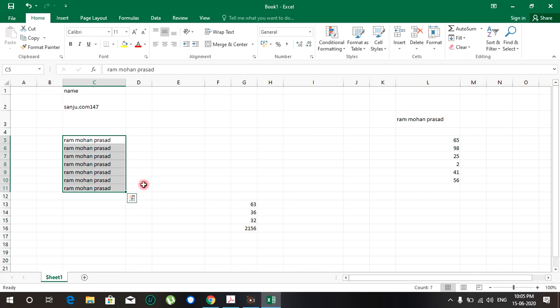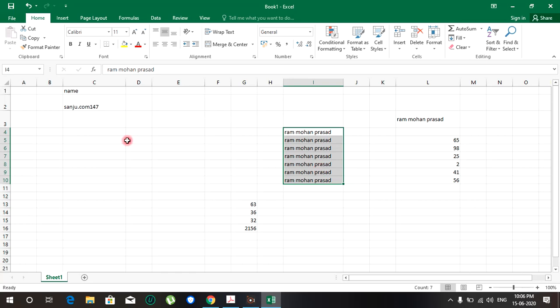After selecting, place the cursor here. See, this changes into this move pointer. Press the mouse button and drag it. Where you want to move it, there we can drag it. See, the data has been moved from this place to that place. This is the way of moving data, by two methods. One method is copying the data, the second method is moving it by dragging. This is the way we can change the data place. Next we will continue with the next topic. Thank you, students.